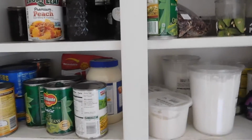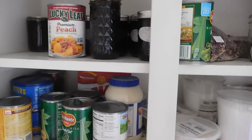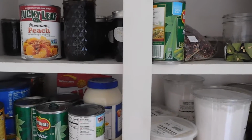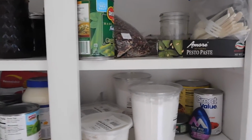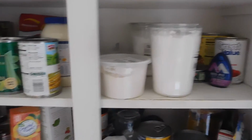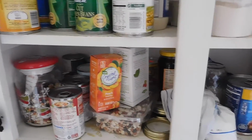So, the other day I was watching, actually, was it last night? I lose track of days. Anyway, I was watching the Fundamental Home, sorry. And she reorganized her cabinets. And I got to thinking, I really need to do mine because